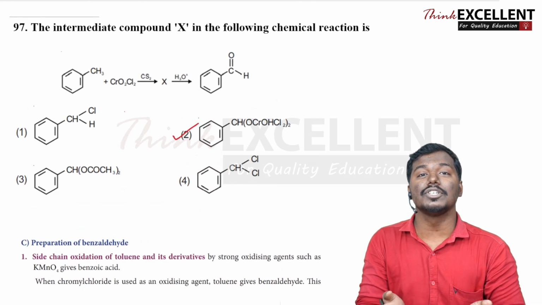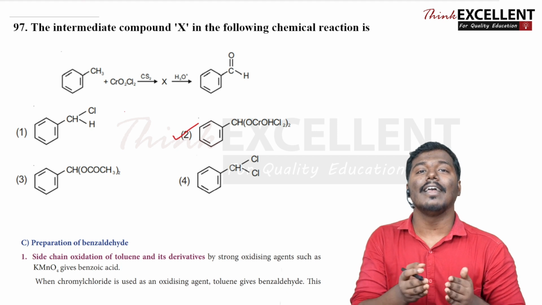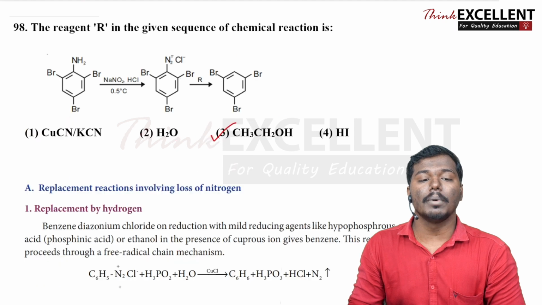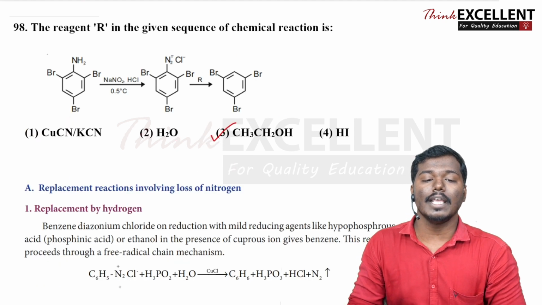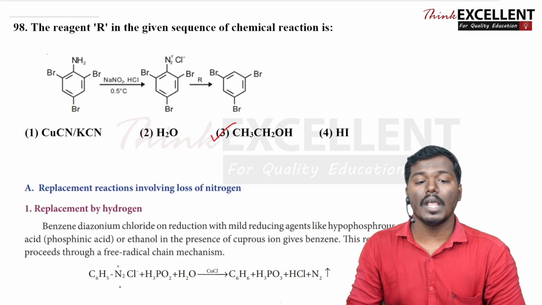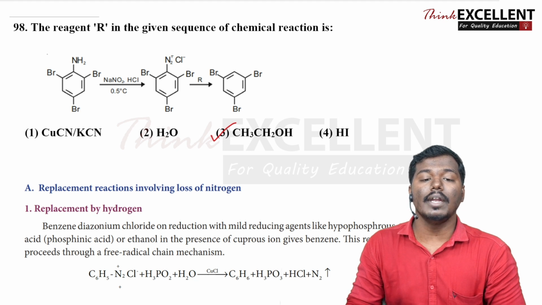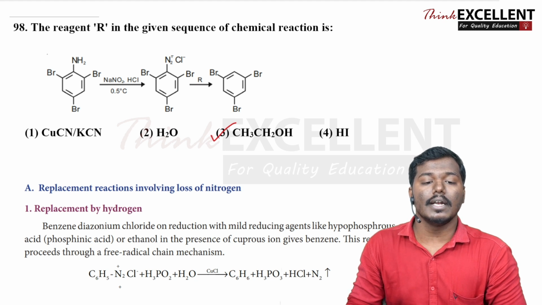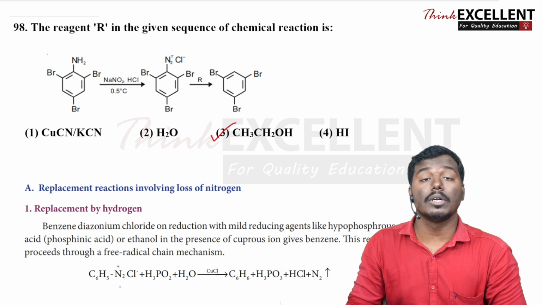So ஒரு direct question கேட்டிருக்காங்க. So Etard reactionல என்ன intermediate form ஆகுது? Okay, so next we are going to question number 98. You can see that they given a sequence of reactions, and the reaction la we have to identify the reagent R. So here you can see that the first one given is aniline which is substituted with 3 bromine groups. அப்ப tribromo substituted aniline அப்படினு சொல்லலாமா?